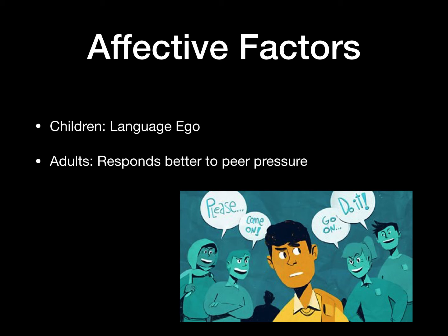Along with that, you have peer pressure. When it comes to peer pressure, it is more widely known and a bigger issue in children's classrooms such as elementary school, middle school, and high school. Some children don't take well to peer pressure and will just do what they think is best and what they think their classmates or friends would want them to do. When it comes to adults, they respond better to peer pressure and it might not affect them as much.